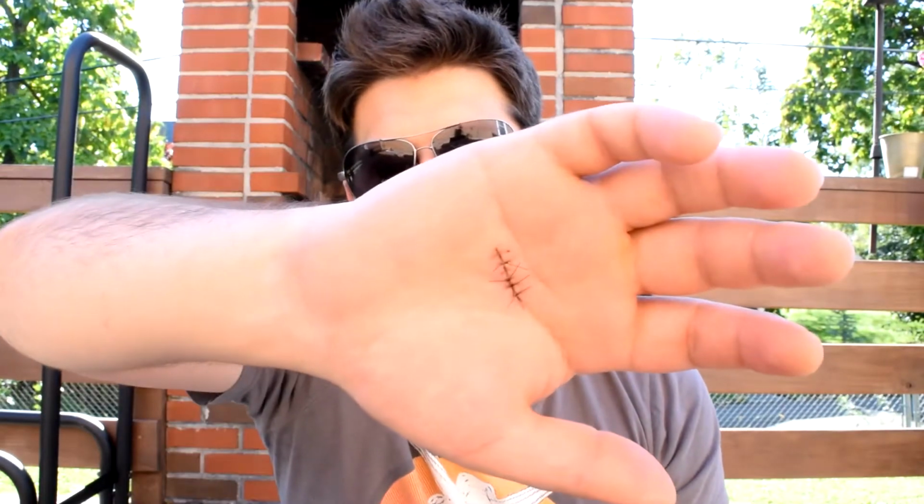Again, I can't really, so if you want to see, you can look. Otherwise, look away for a second. This is what the hand looks like right now. It's probably out of focus, but it's not too bad. The cut isn't too bad. It's a little cavernous, but I'm still missing some feeling in these fingers. I just can't make a fist. It hurts. So gotta be super careful here,